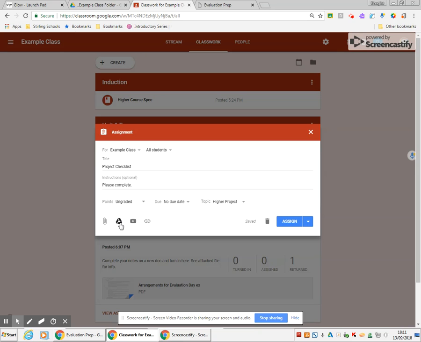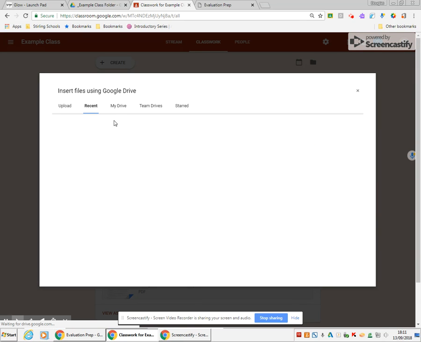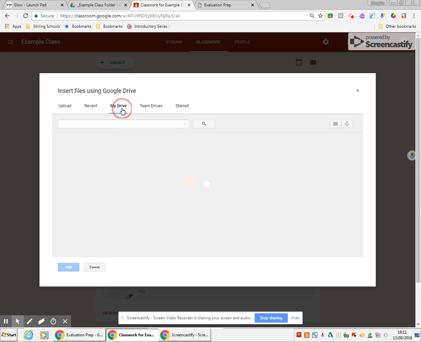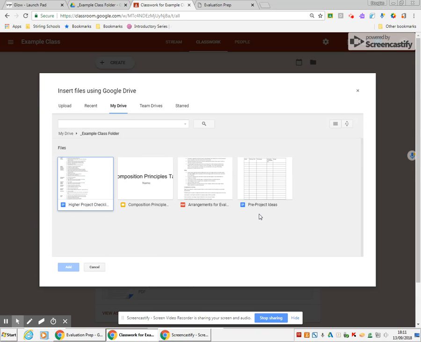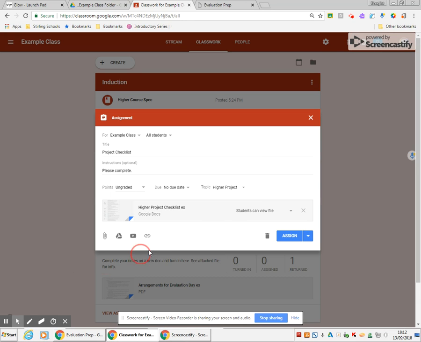But the main thing I wanted to show you anyway is if we go to our drive where the template file is, go to my drive, go to my example class folder, and in here, where is it? There we go, higher project checklist. The difference is this time, I don't want them just to view the file. I don't even want them to be able to view the file and then have to make a copy for themselves. I simply want them all to have a copy. So I'm going to just go down here and change that to make a copy for each student. If I do that, and I assign this task,